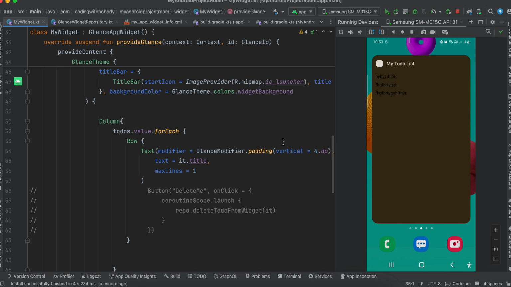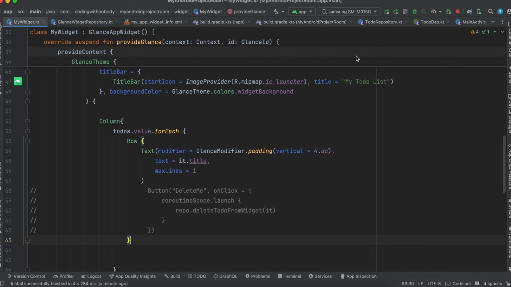Now some of you might be thinking, what if we add the delete button over here as well inside our widget? I have tried doing that, but for some reason all the items are getting deleted. I couldn't really figure out why. But I'll show you the code. So this is actually the code, but I couldn't really figure out why everything was getting deleted. Anyways,